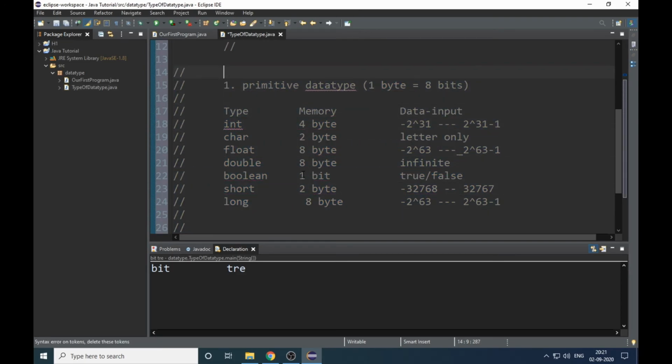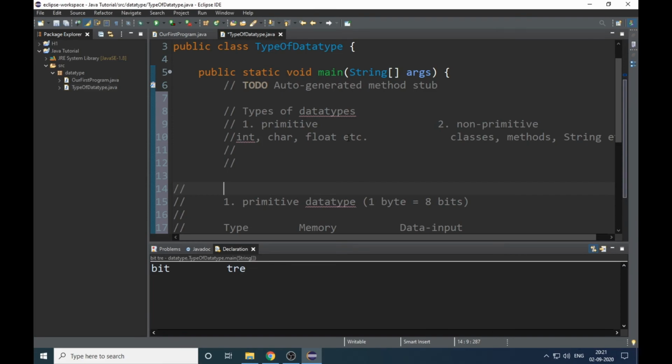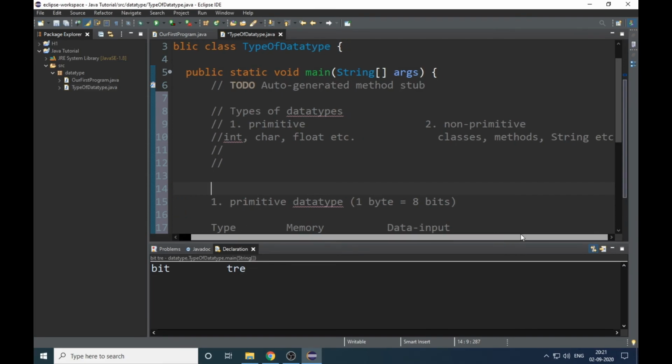In this video we have learned the types of data types: primitive data types and non-primitive data types. Primitive data types are predefined. Data types not defined by the system are called non-primitive data types, which include classes, methods and string as well.